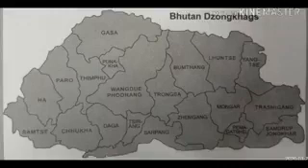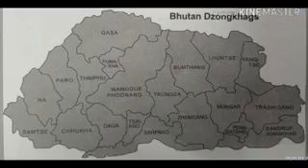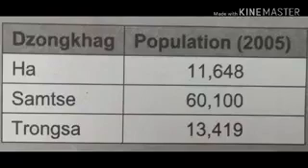In order to understand today's lesson, let us discuss an activity. Well, this is a map of Bhutan, and today we will be discussing the total population of a few of these places. As per the population census of 2005, these three Dzongkhags, Ha, Samtse and Trongsa, the number of people in each are: in Ha 11,648, in Samtse 60,100, and in Trongsa there were